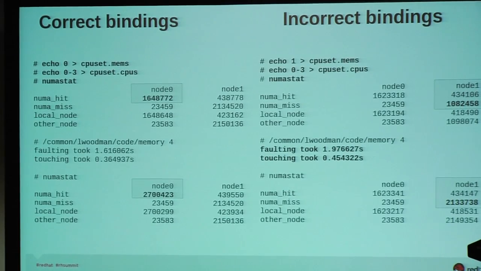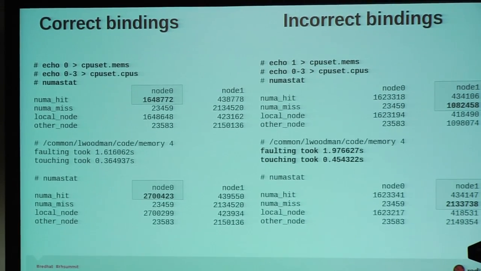In this case right here, I just wanted to show you how, if using that NUMA hardware, you would make sure that the Cgroup that you're creating matches the underlying NUMA topology. If it doesn't, it's going to start making cross-memory references and run a lot slower. So here's just an example of correct bindings. If I say I want the memory allocated on node 1 and the CPUs allocated on node 1, I do